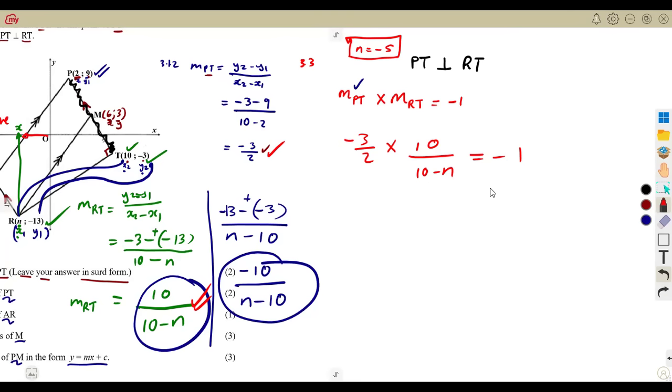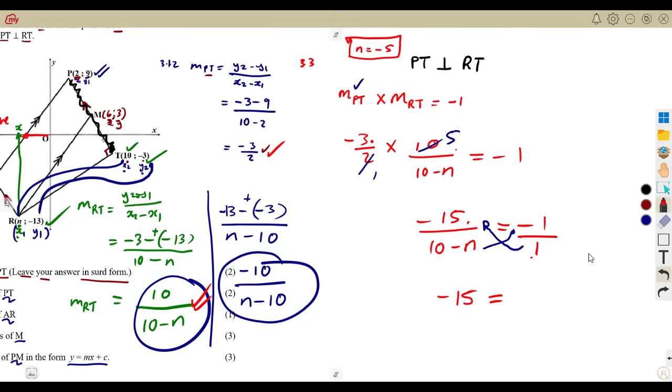So what are we going to have in this case? We can even simplify this, guys, as we can see that there is a product, and these two can cancel. 2 into 2, that's 1, into 10, that's a 5. So you multiply minus 3 times 5, which is minus 15, over 10 minus n, is equal to minus 1. So minus 1 is the same as minus 1 over 1, which allows us to perform cross multiplication, where we are going to have minus 15 times 1, which is minus 15, is equal to